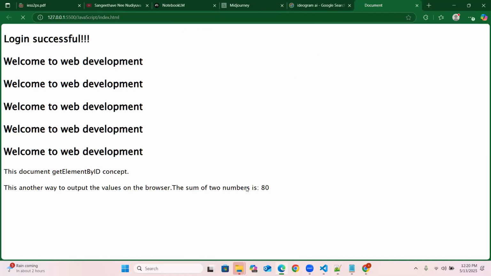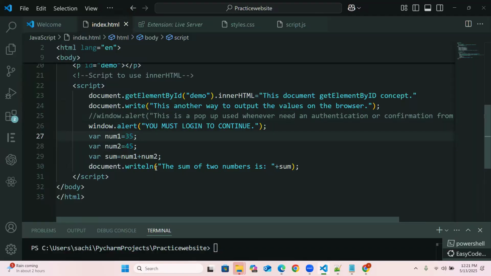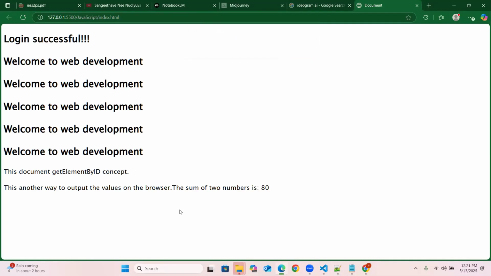Nothing had happened here. So there is nothing called ln. We generally do it in System.out.println, right? So ln is new line. But when it comes to here, there is no new line concept. It appears to be ln, but it doesn't seem to be the same. However, document.write can be